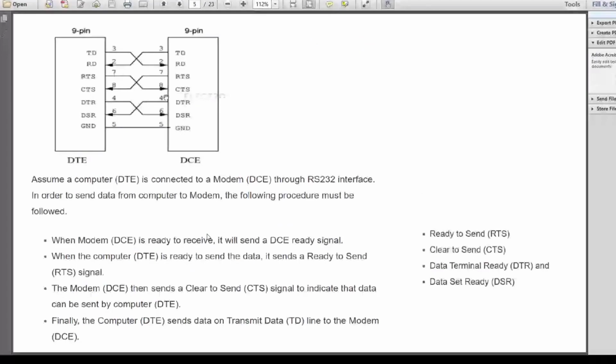So if DTE is a male connector, B will connect. Likewise, the interconnections are done internally so that transmit data goes into receive data, and the reverse line of communication. When the DCE is giving some data into our computer, the transmitting end of the DCE modem is connected to this receiving end. Likewise, all the status lines are interconnected in this manner.